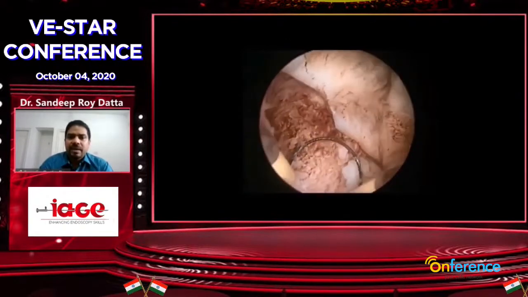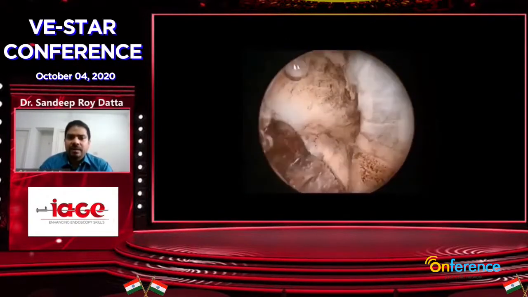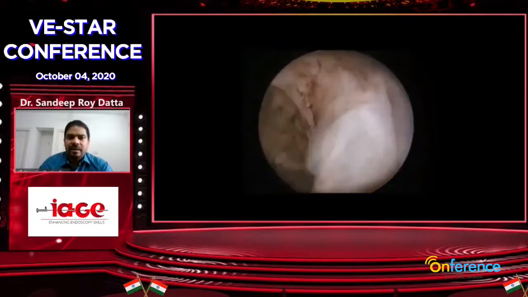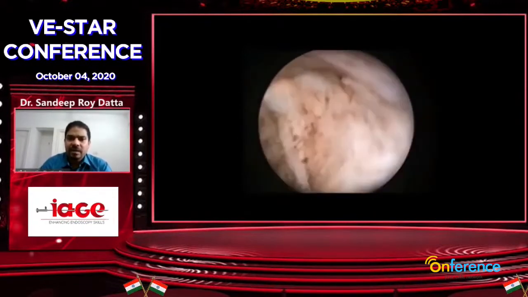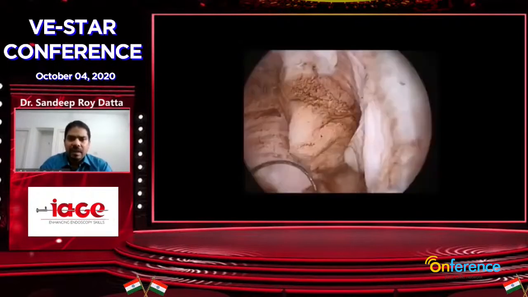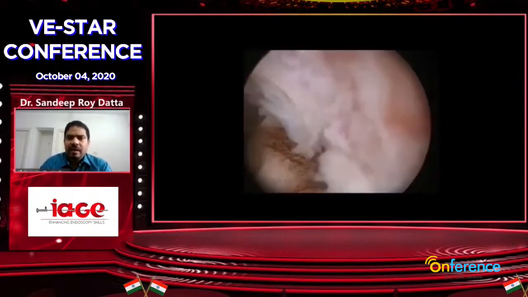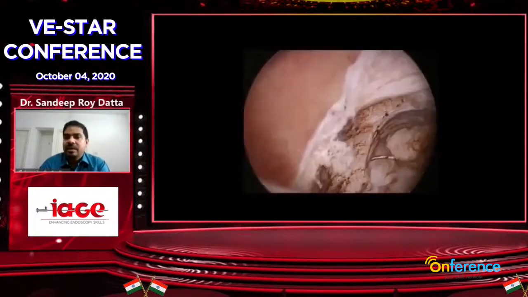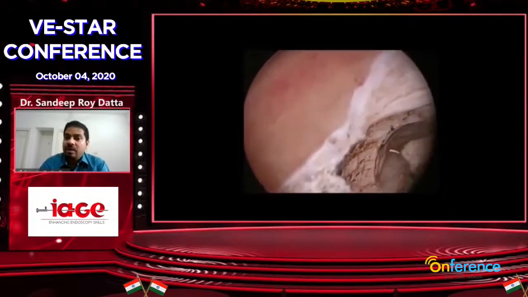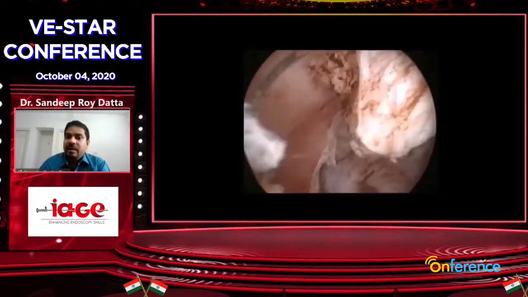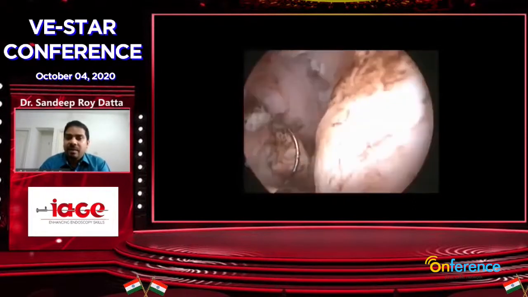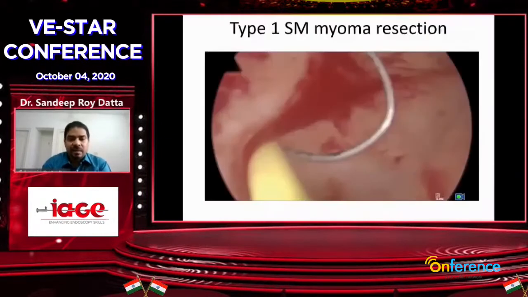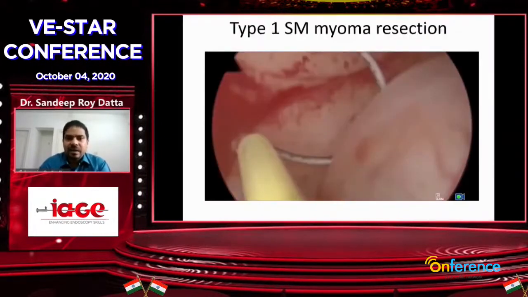So once you find the myometrium, take very thin slices and then complete it. Here you can see it is almost over. And one important thing is, when you do this type of myomectomy, reduce the pressure in between. Once you reduce the pressure, the fibroid will protrude more into the operating field. That way, if it's a small fibroid, even in a single setting, you can finish the resecting.